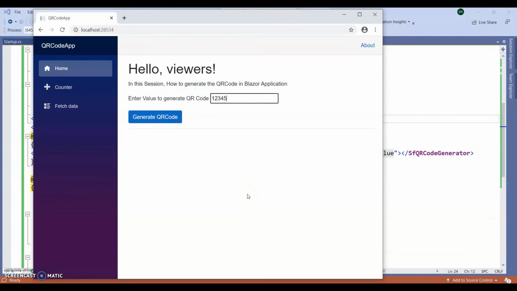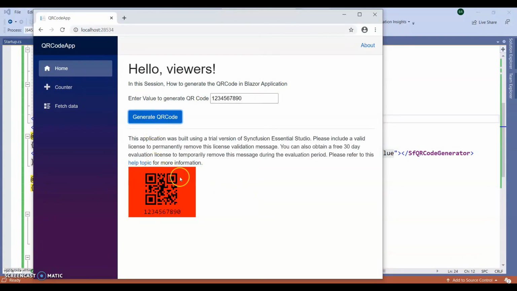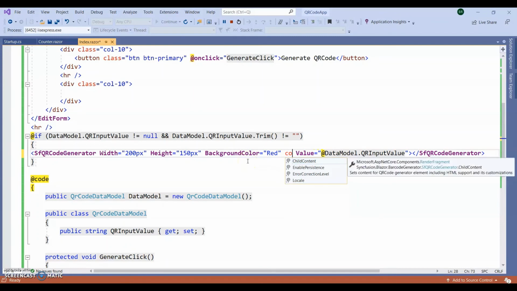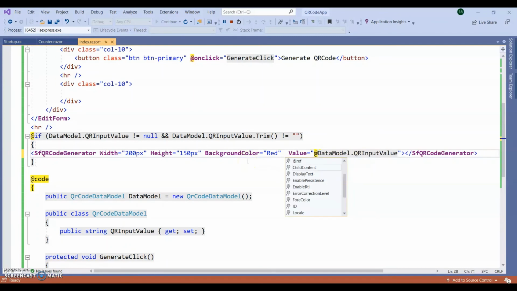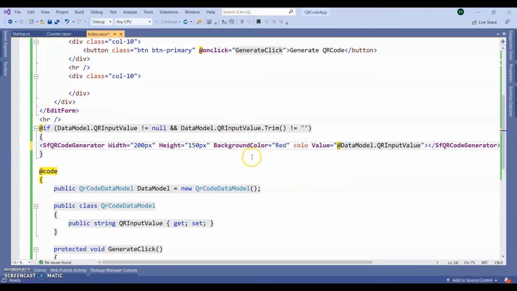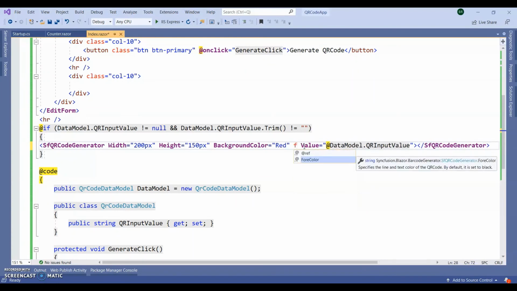So 1 2 3 4 5 6 7 8 9 0. So you can see the background color. Same thing, for color I am giving, let's say, yellow.